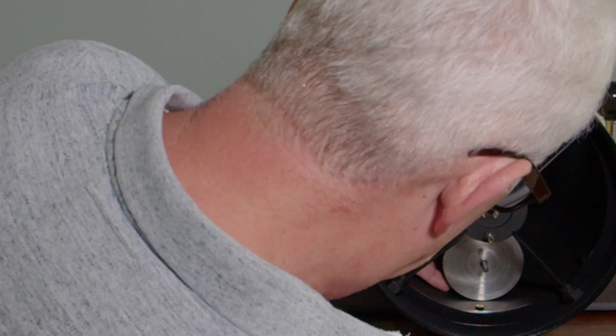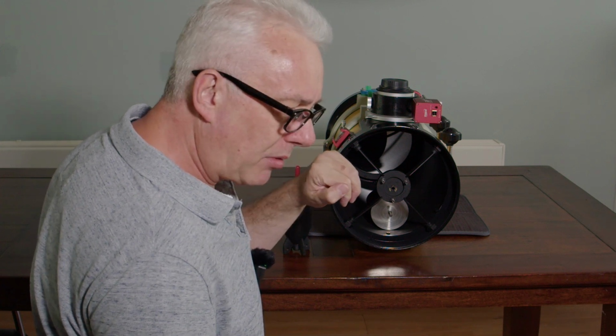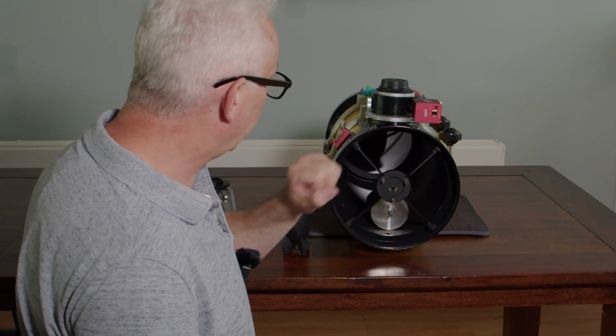telescope tube, like so. What we'll do now is spin the Epsilon around, and I will take the primary mirror cell off, and then we can take the secondary out of the telescope and discuss the secondary a little bit